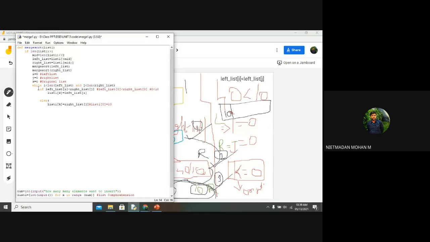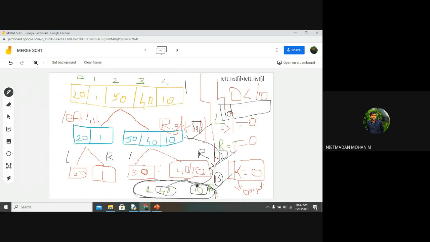And here I am doing I is equal to I plus 1 and K is equal to K plus 1. And similarly here I am doing J is equal to J plus 1 and K is equal to K plus 1. So first I have executed this part, and after that I want to check whether the left hand side and right hand side have any common elements or not, right?